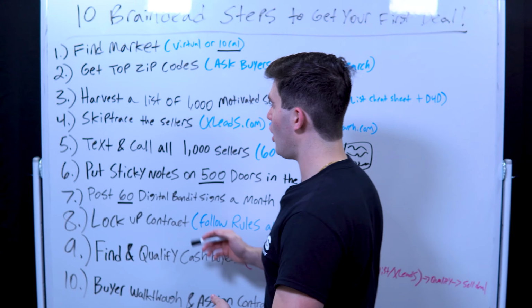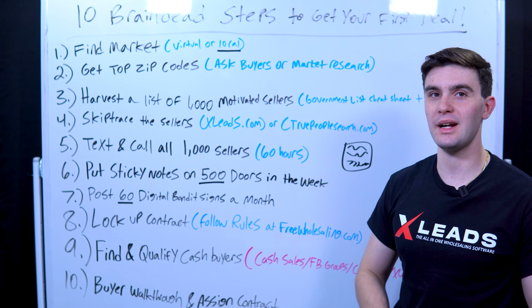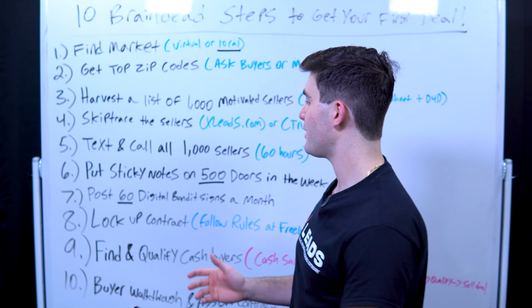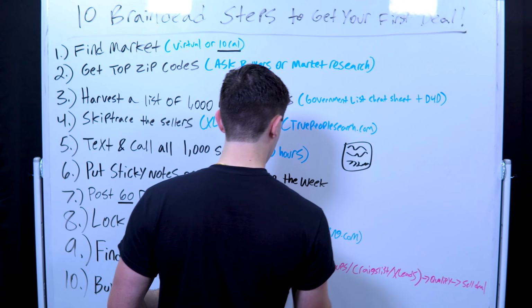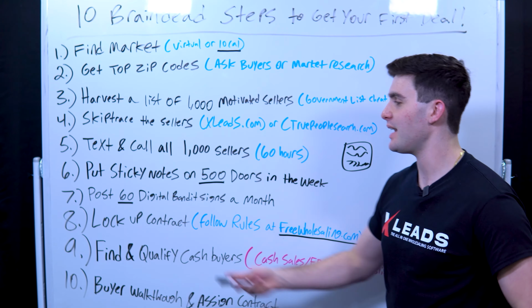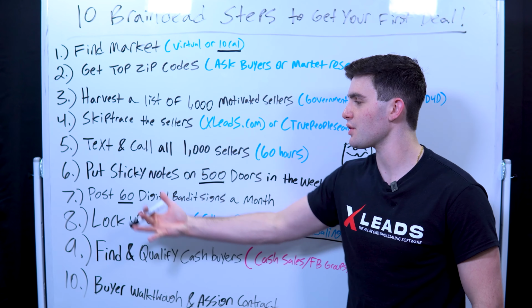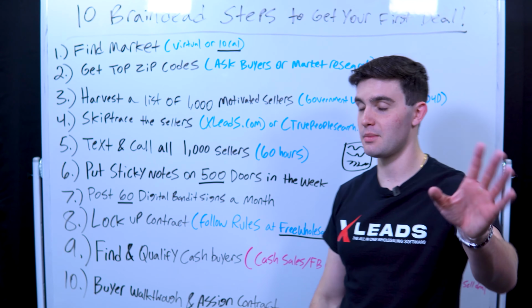Now, from doing all 1 through 7, we're going to get some insane marketing, right? We're going to get some insane leads. We're going to get people who actually want to sell their property. Then from there, we're just going to lock up a contract. Now, I would definitely follow the rules that we have in freewholesaling.com on how to talk to a seller, how to qualify the seller, how to get my free contract, how to get my free assignment of contract, kind of the rules of the road for acquisitions and closing sellers, my whole sales system, which again is completely free.